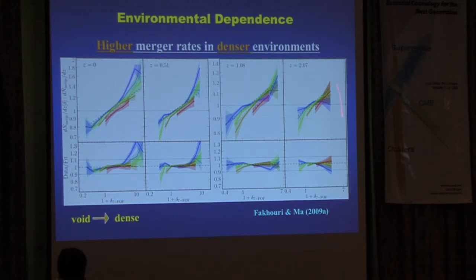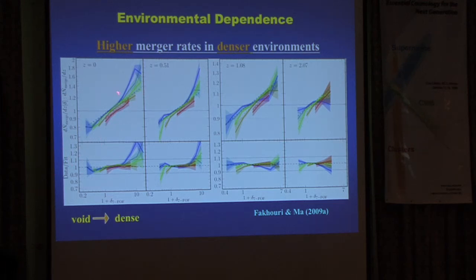And this is at 3 redshifts, 0.5, 1, and 2. Because we're now looking at environmental bins, the statistics become pretty ratty at higher redshift, so we stop right here. The y-axis for the top panel plots the ratio of the merger rate of a given mass of halos inside the environmental bin to the global rate I showed you earlier in the first part of the talk. Here, different colors are the different mass bins. Red are clusters, blue are Milky Way sized halos.